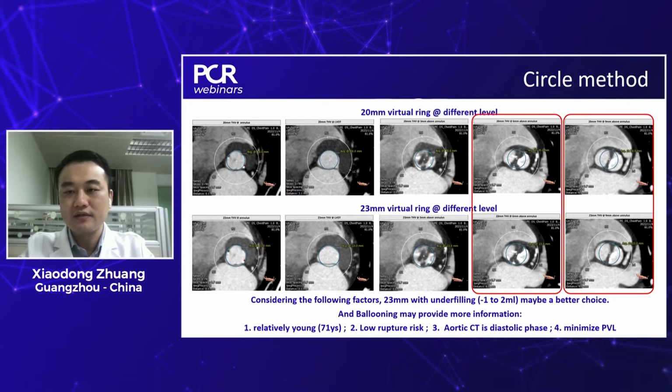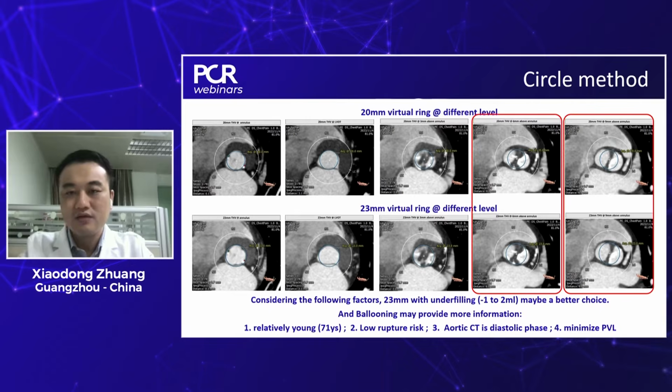In China, when we do a self-expandable valve, we don't do the circle method, but it's popular when we do SAPIEN 3. So for every case we will use the circle method. This is borderline, and also a bicuspid aortic valve, so it's just between the 20 millimeter SAPIEN 3 and the 23 millimeter. Using the circle ring, we can see in most of the levels that the 23 may seal much better to the valve. But when we look at the 6 millimeter and 9 millimeter levels of the annulus, we can see that with the 20 millimeter SAPIEN 3 or the 23, there may be underexpansion on the right side of the cusps